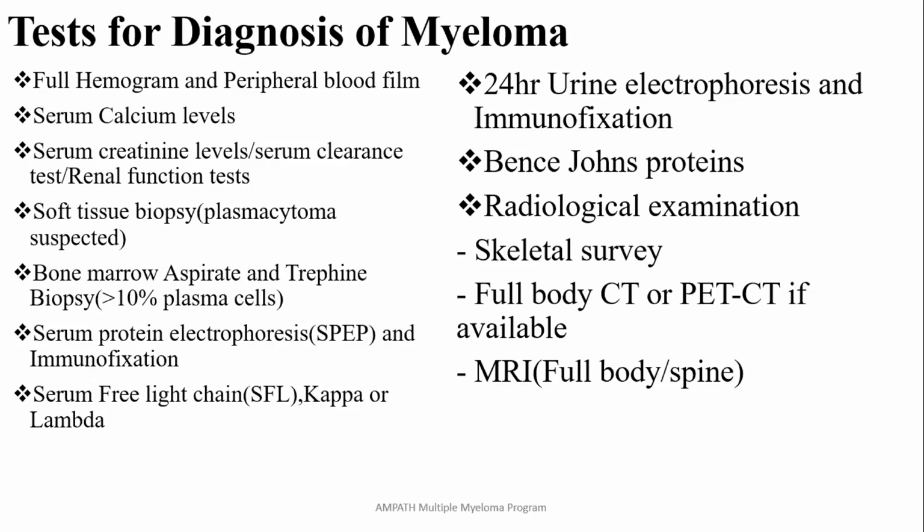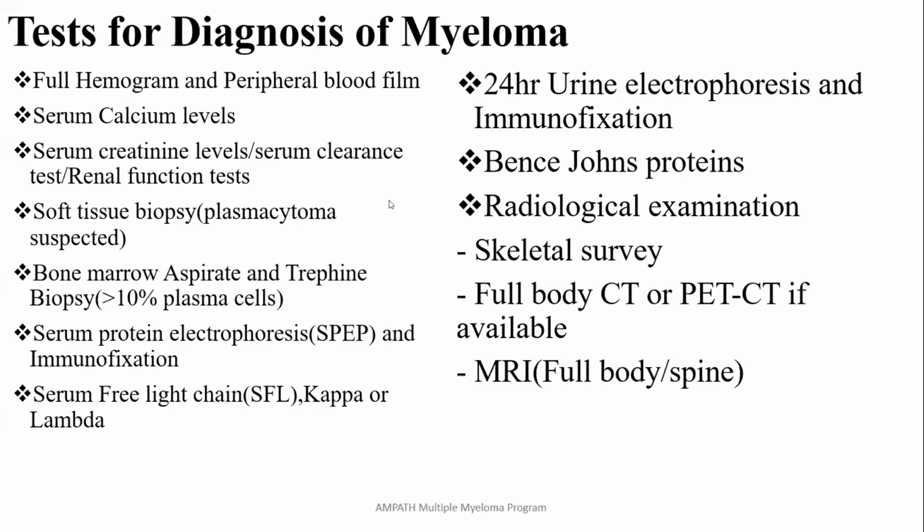We are going to look at the percentage of plasma cells in this bone marrow. Usually the normal percentage is about 2 to 3%. And if you get plasma cells of more than 10%, either in the bone marrow or in the solid mass that you had palpated and you've taken a sample from there, then there is a possibility of it being multiple myeloma. Of importance is you have to be able to define